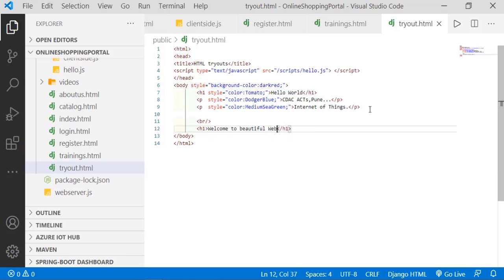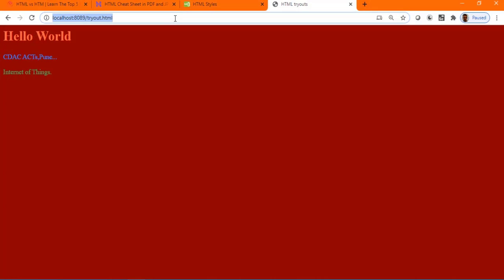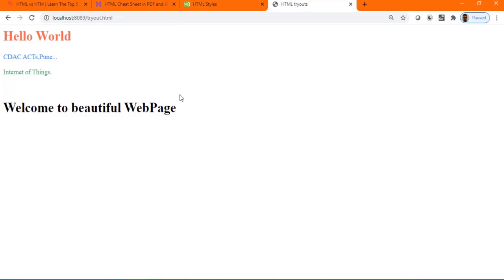So when I run this program, H1, but I did not set the style. If I do not set the style for this, for the time being, let me remove the style from my background. That will create a not-so-good contrast UI. Refresh. What did you observe? This hello world H1 is displayed using the tomato color. This has been displayed using the normal black color.